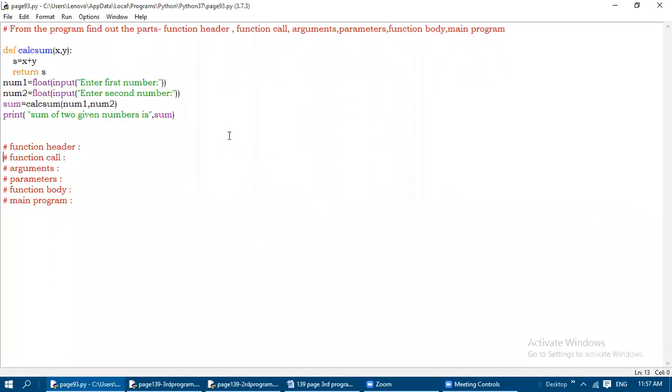Today I'm going to revise working with Python functions. Okay, so we are going to see the function basics programs now. We have already discussed this program and seen what the output of the program will be. That is, def calc_sum(x, y). This is the function. What is the function header? And then s = x + y, and then